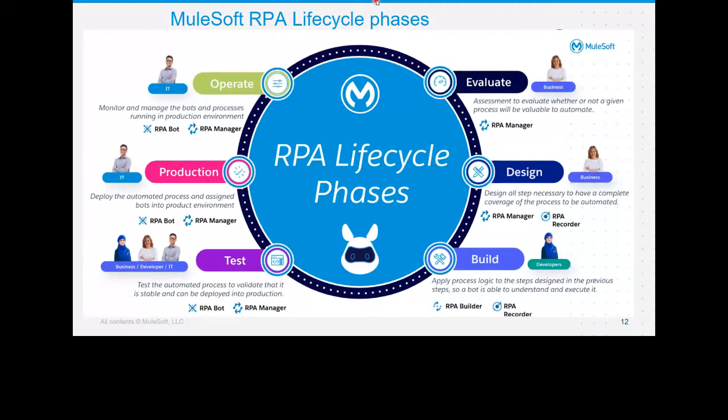So we go to the Mule RPA life cycle. There are more steps involved, definitely, for example the prerequisites of setting up the RPA tool itself, which is not accounted for in the RPA lifecycle, at least here. So at a high level we have six steps, or six cycles. Here, Evaluate is a very important step. This does the assessment. It is an assessment to evaluate whether or not a given process will be valuable to automate, right? Technically everything can be automated, but does that create a business value? Does it solve a problem, is the question.